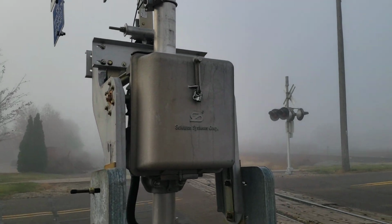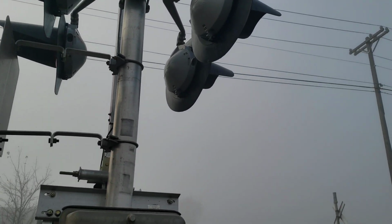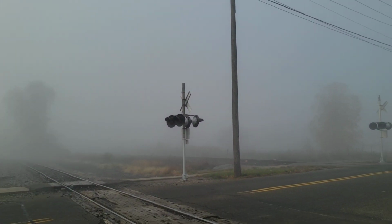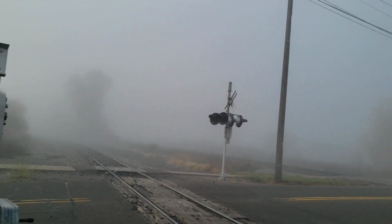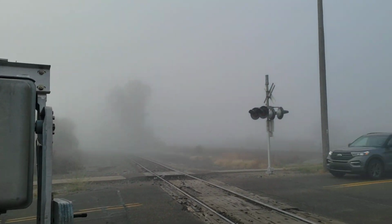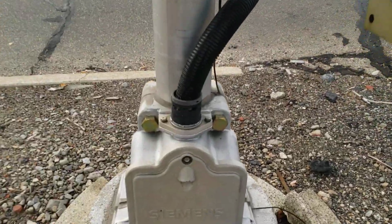General Signals Type 2, but the General Signals Type 2 actually died. You can hear it dying in some modern videos of this crossing. And I think this mast signal over here was the one that had the Safetran Hybrid Mechanical bell at one point, but sadly got replaced by the high-pitched Siemens. Well, it's a decent replacement. I like the high-pitched Siemens E-bells. They sound nice. But yeah, so here's the final signal, which is the Flat Rock gated signal, which has another